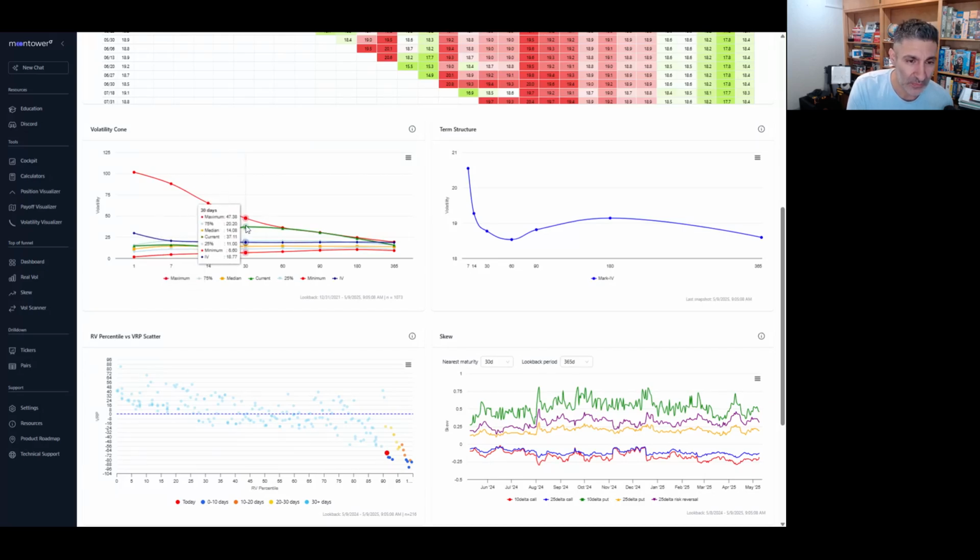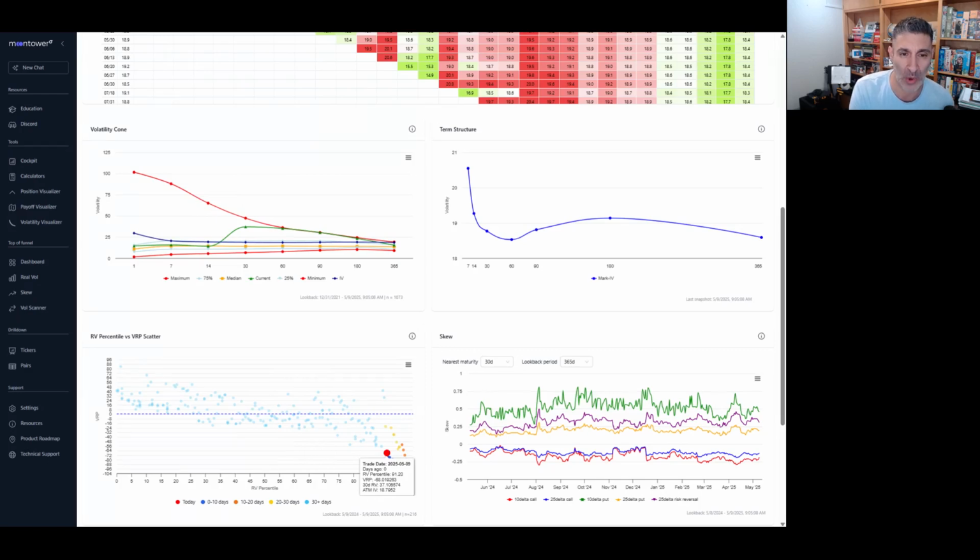This is a vol cone, which shows you the various percentiles of what the realized vol has been historically. If you look at this green line, these are the current readings of realized vol. So your 30-day realized, like I was saying before, is why it's creating all those negative VRPs, because the 30-day realized is 37% in SPY, right? And obviously our implied vols are more like 20. So if you were looking at the 30-day realized and comparing it to the current implied vol, you'd say, wow,